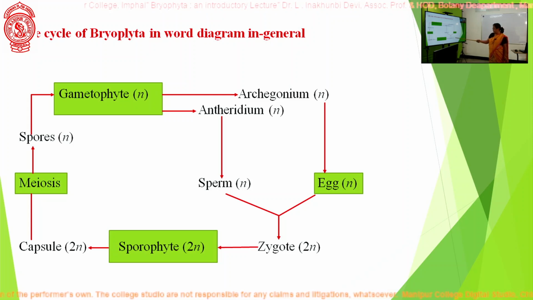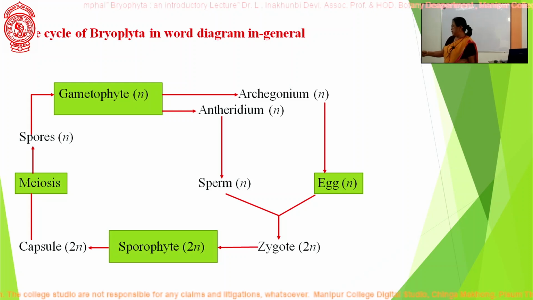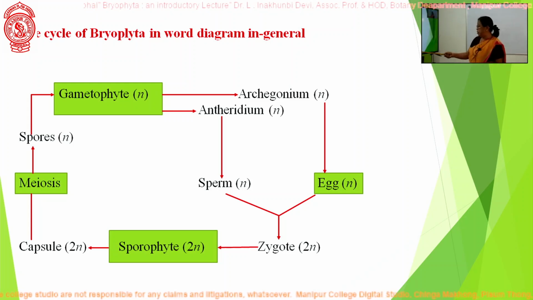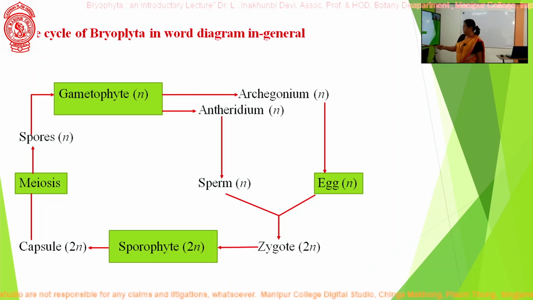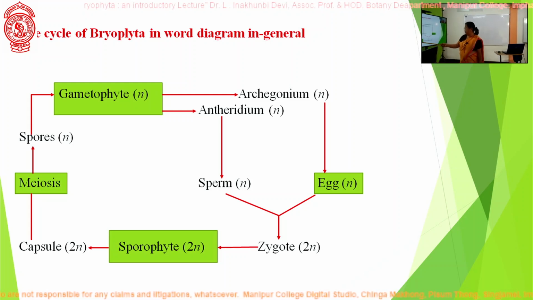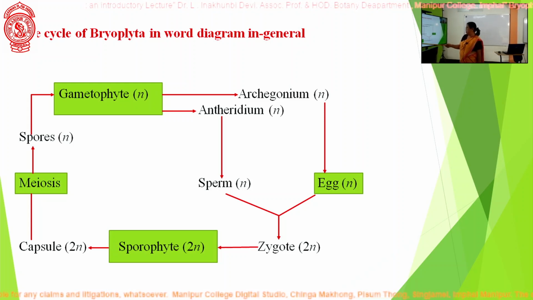Zygote formation is nothing but the embryo formation, and this embryo formation will give rise to the sporophytic plant body, young sporophytic plant body having twice n, that is diploid number of chromosomes. And from this sporophytic plant body, after maturation it will give rise to the capsule, containing twice n number of chromosomes. And by meiosis subdivision, as I have already told you, that capsule